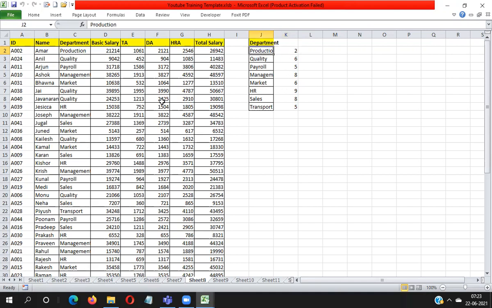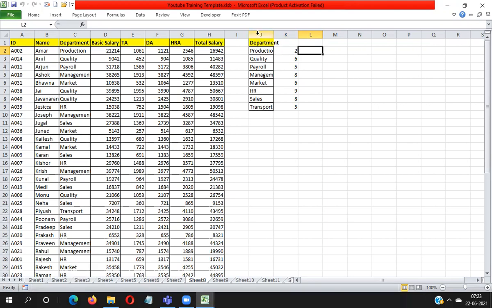Okay, the department data set is here. So what you have to do is calculate the salary on the basis of department. You can see here in the production department you have two employees, so you have to calculate the salary of the two employees in the K column or L column.